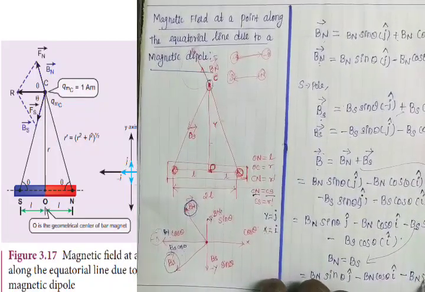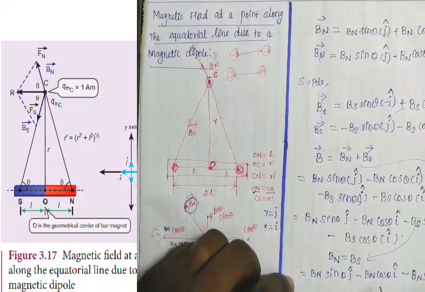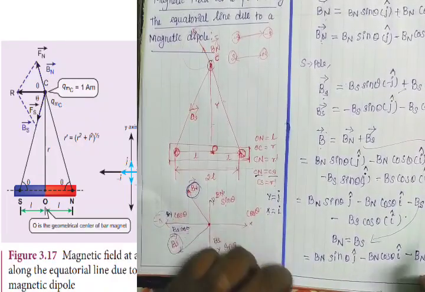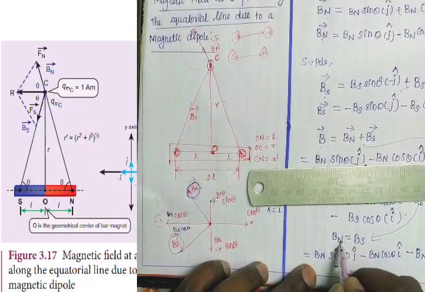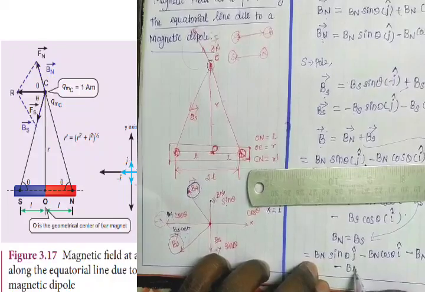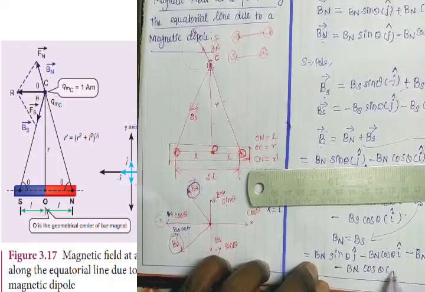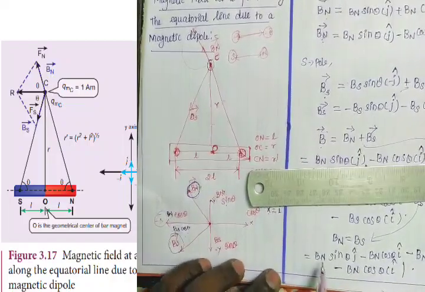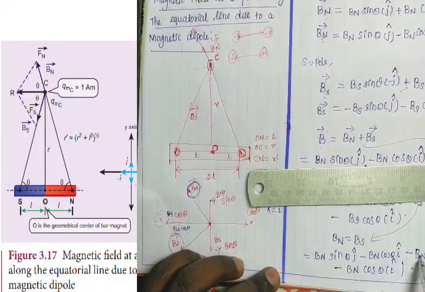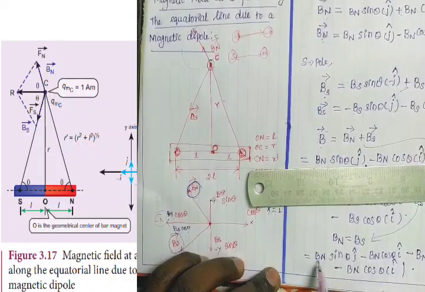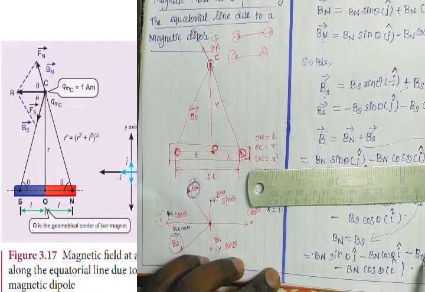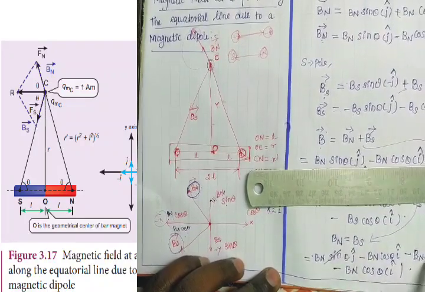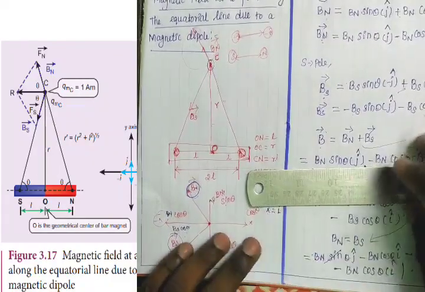So Bn sin theta j cap, Bn sin theta j cap, last Bs is equal to Bn. So Bn cos theta i cap. In first one Bn sin theta, third one Bn sin theta, j cap. Here first one positive, that means plus Bn sin theta j cap, third one minus Bn sin theta j cap. So plus and minus cancel. So balance value